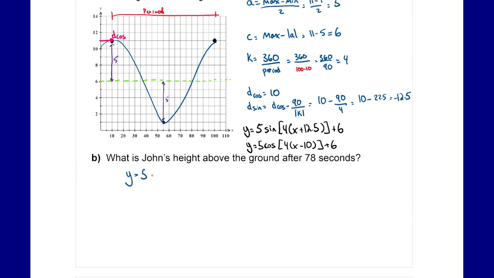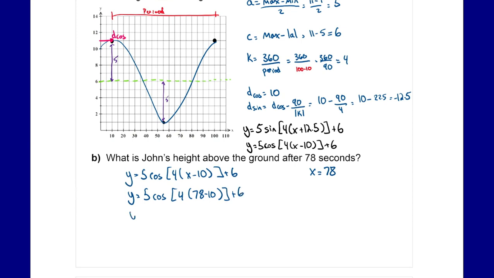So y equals 5 times cosine of 4 times x minus 10 plus 6. Instead of x, I'm going to write in 78, because 78 seconds is telling us that x equals 78. So 5 times cosine times 4 times 78 minus 10